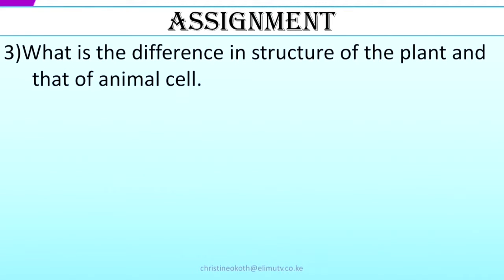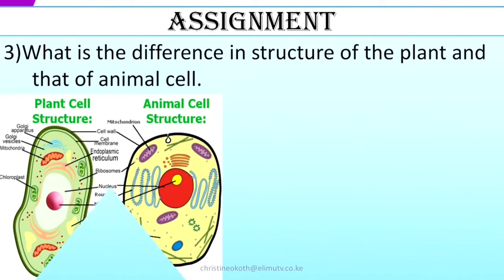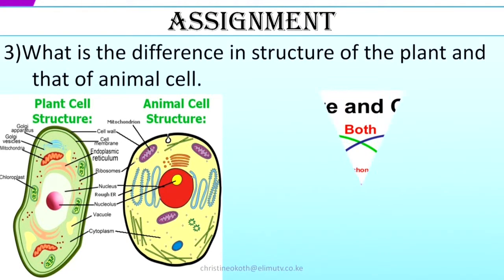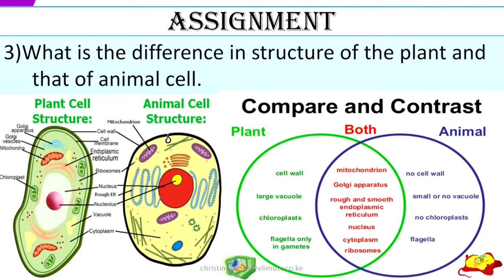Still on the assignment, question 3 was, what is the difference in structure of the plant and that of the animal cell? So that is a structure of a plant cell and an animal cell. Now we compare them. So what is the difference? We compare and contrast. So the first thing we can identify is a cell wall. In a plant, there's a cell wall which is made of cellulose, while in an animal, there is no cell